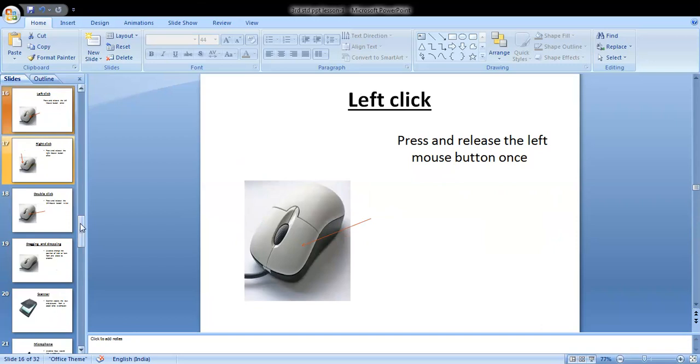So software means what? Hardware alone cannot perform any functions. Means with these parts only, we cannot perform any functions or do any work. It has to be given instructions. A set of instructions given to a computer to perform a given task is called a computer program or software.